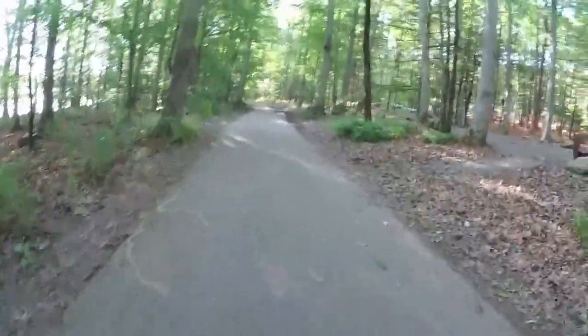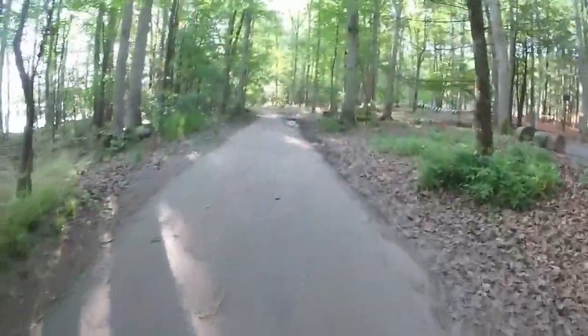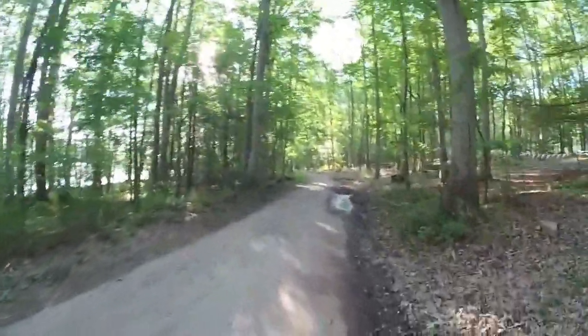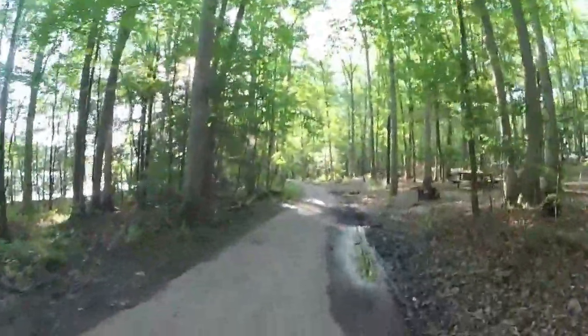Kind of saving the best for last. The breast of the dam is open here, and they just put a brand new fence across it. It's actually very beautiful. I'm seeing quite a few people up here taking pictures for their senior portraits this year. Perfect location for the